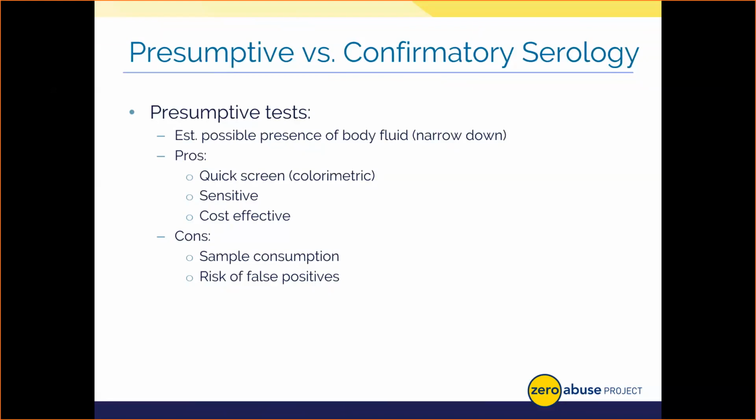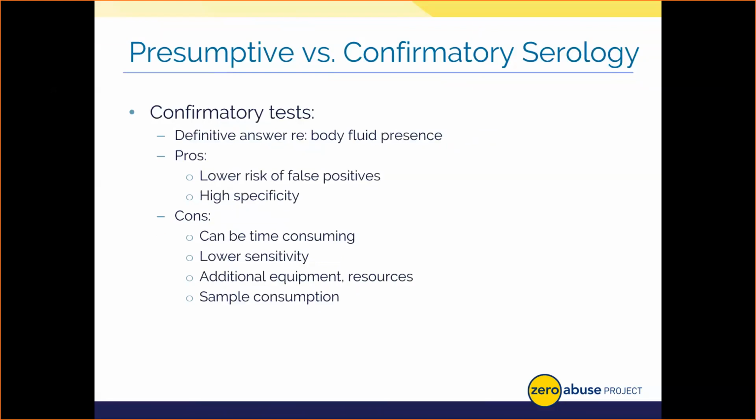Sometimes, then, as I mentioned earlier, it's best to just forgo serological testing and go straight to DNA. Again, I'd rather learn whose DNA is derived from a sample than know that it's blood or some other body fluid, but never get a DNA profile to correlate to an individual in our case. Moving on, let's talk about confirmatory tests.